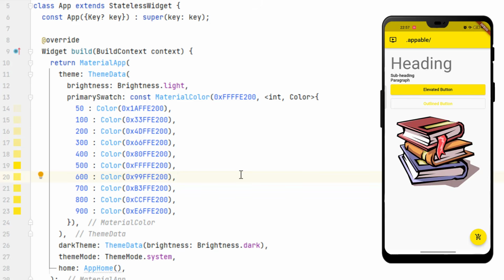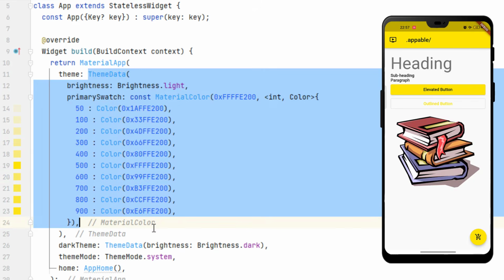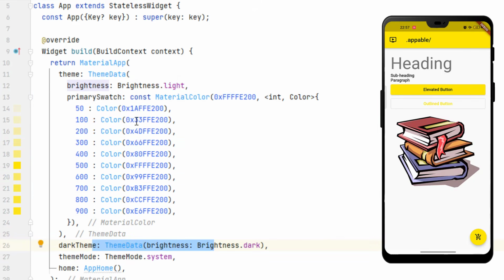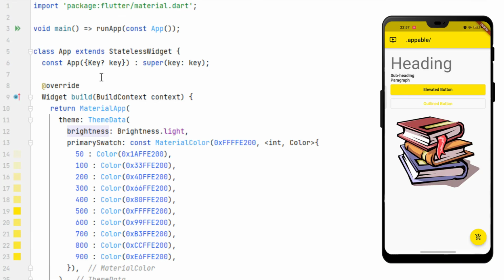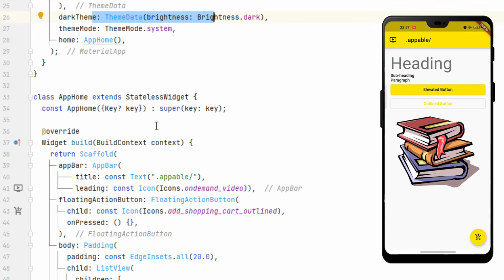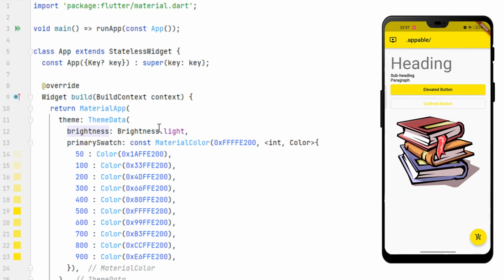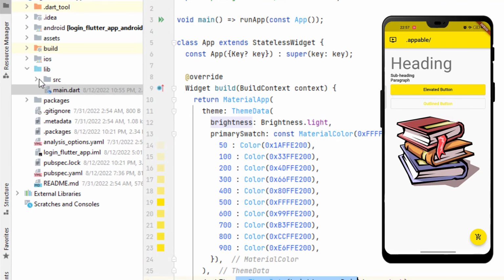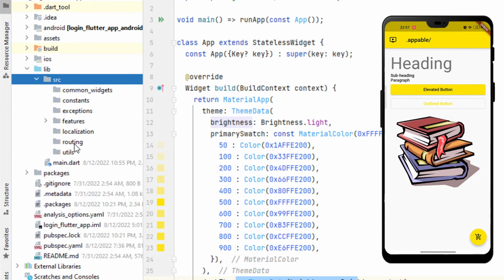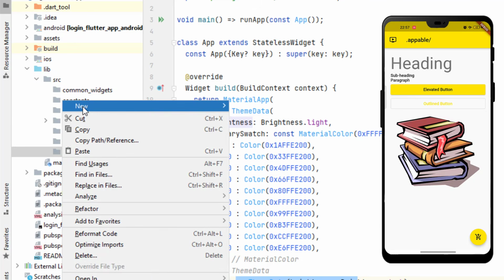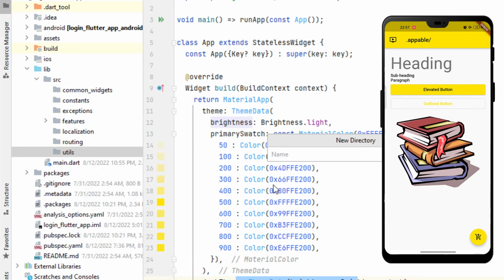So now we have learned how to use light theme, dark theme, and how we can play with the default values of the theme. Now let's try to create our custom theme, because we cannot extend this theme and dark theme over here. Our main application, or the start point, will get so huge that it will not be manageable. So instead of doing this, we'll go to the folders we created in the previous tutorial. In the util, create a new directory,